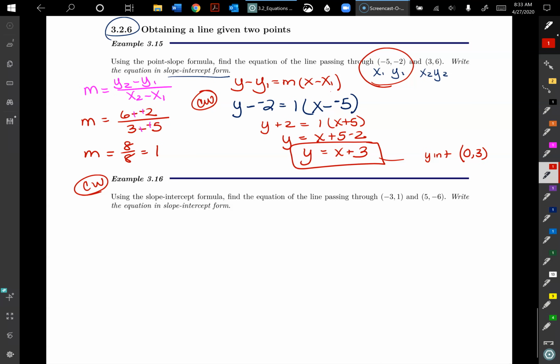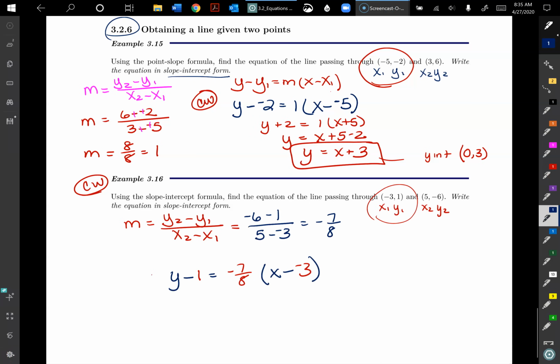Okay, so I hope you guys had some good luck with working that out. I'm going to just write out some of the answers here really quickly. Okay, so here's where I'm at. After plugging everything in, I get y minus 1 equals -7/8. That's what I figured out for my slope. Times quantity x minus -3. So I'm just going to make these be pluses there, and distribute my fraction, and then I'll add 1 to both sides. So I get y minus 1 equals negative 7/8 x